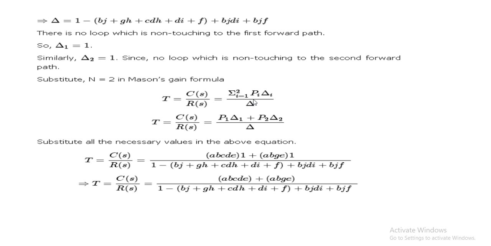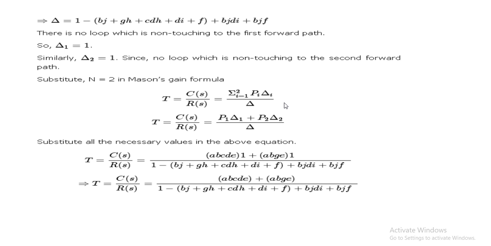Okay, again one important thing is that sometimes in an example this I will be there, or in place of this I, sometimes it is represented by k. So either it will be I or it will be k. But the procedure is same, and sometimes in place of P1 in some books it is written as M, that is M I delta I divided by delta, like this one. So either it will be P or M, or here in place of I either it will be I or k. So this you have to keep in mind.